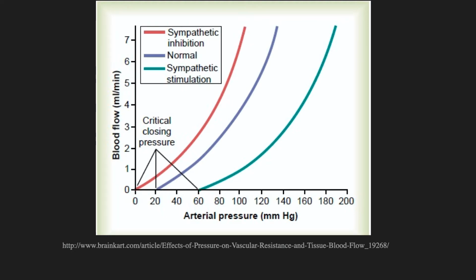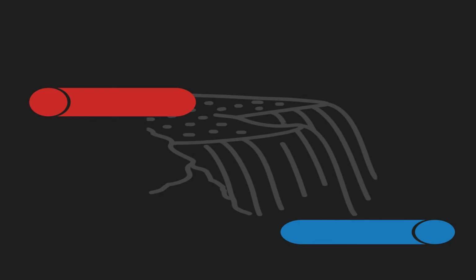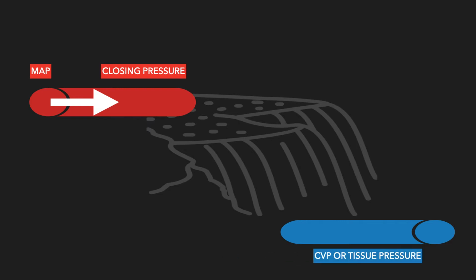or your tissue pressures. So what the vascular waterfall means is that what really drives the pressure difference for organ blood flow in normal conditions is MAP minus your closing pressure. This pressure difference is the driving force for organ blood flow. It doesn't really matter in the normal condition what your CVP or your tissue pressures are. The driving force is from the MAP minus your closing pressure. You can see here the curve shows the pressure drops along the vascular tree. And the pressure drop from the MAP to the closing pressure is the driving force of your organ blood flow in